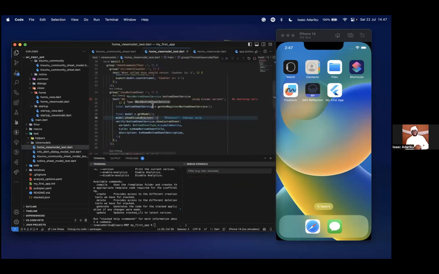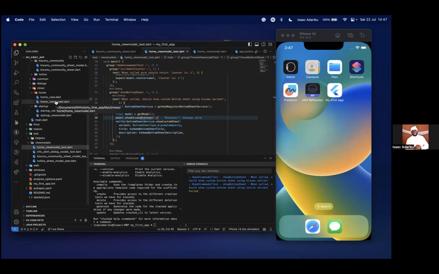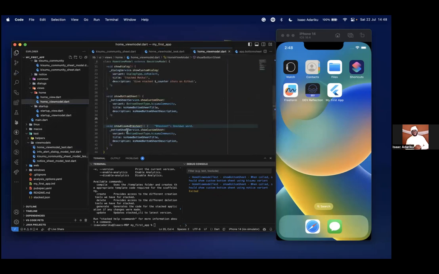So this is just for a simple scenario like bottom sheets and all. But when you get to business logic, where you get to write unique logic, it's always good for you to consider all your tests. It will keep you in check. You'll notice that this function right now, I'm not adding any other thing. If any day I choose to add something else before the bottom sheet, automatically this test gets to fail. So it keeps you in check.